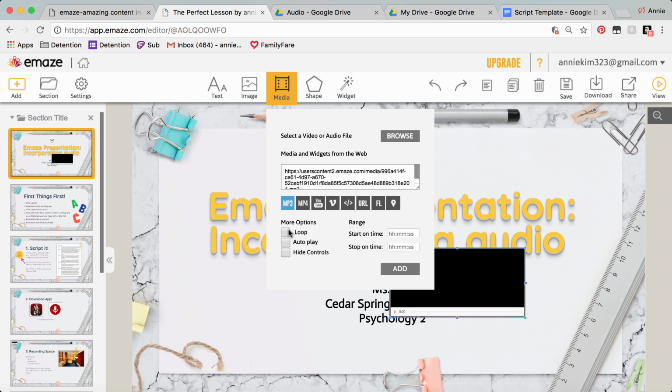So if we had the more options and the loop clicked, that means that our audio file will be looped. So every single time it goes from start to end, it'll loop back to the beginning and just replay until the viewer goes on to the next slide. If you do audio play, that means right when slide 1 starts, the audio is going to automatically start, and then once the viewer goes to the next slide, the audio for slide 2 will begin. That is something that you could do if you'd like to in the future,